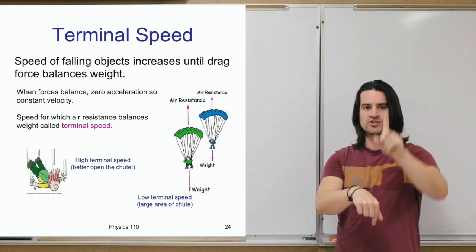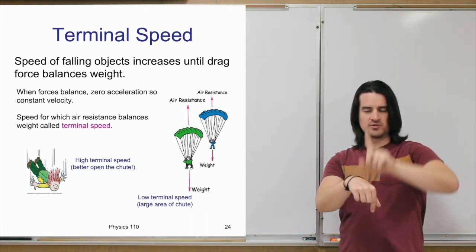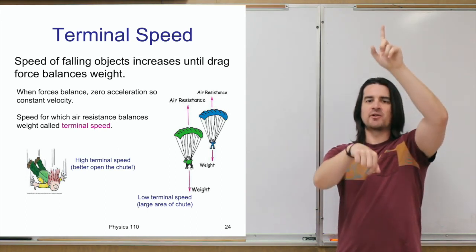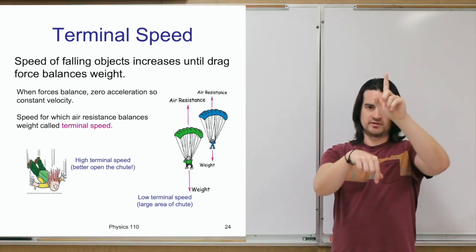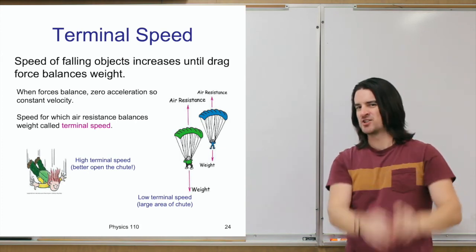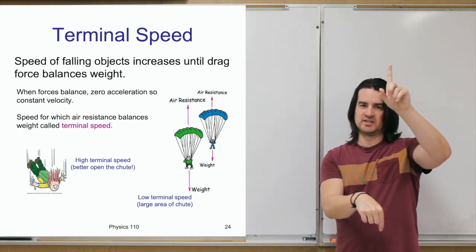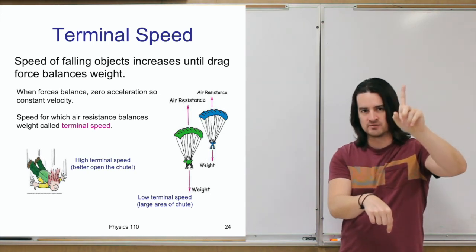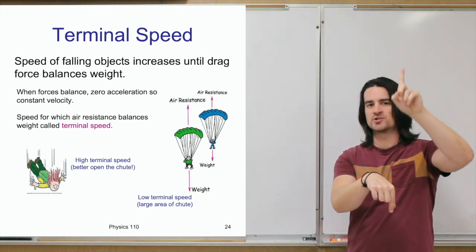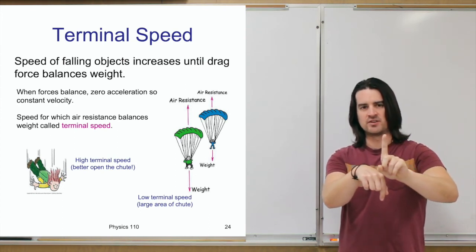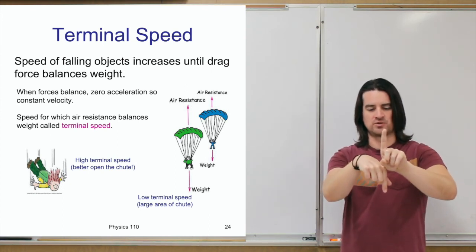Because there's a net force upward. The drag is much larger than the force down. So there's a net force upwards, which means you're accelerating upwards. And when you accelerate in the opposite direction that you're moving, that's what we call deceleration. So you slow down, your speed gets less, so again your drag force drops back down. And eventually you decelerate enough that your drag force again balances out your weight,